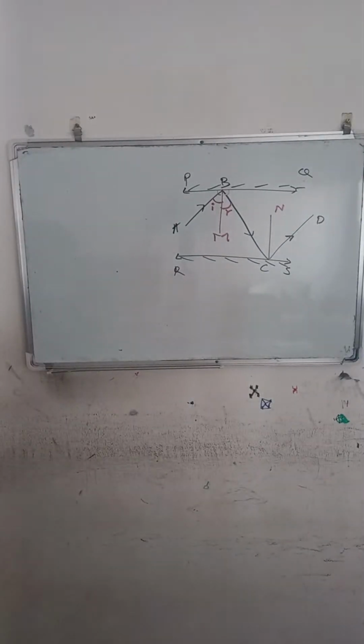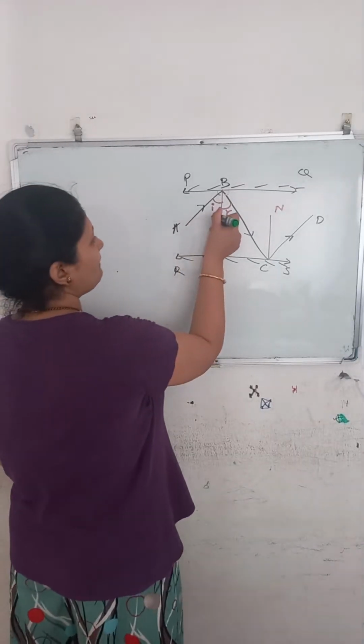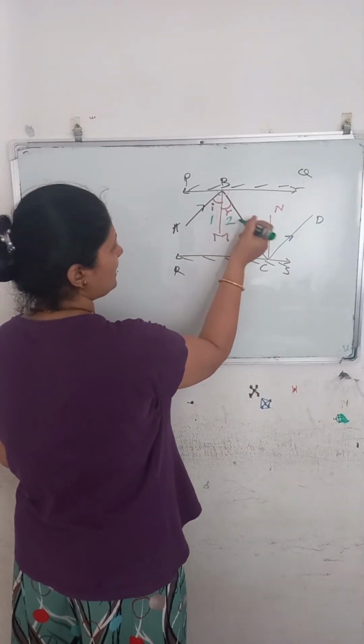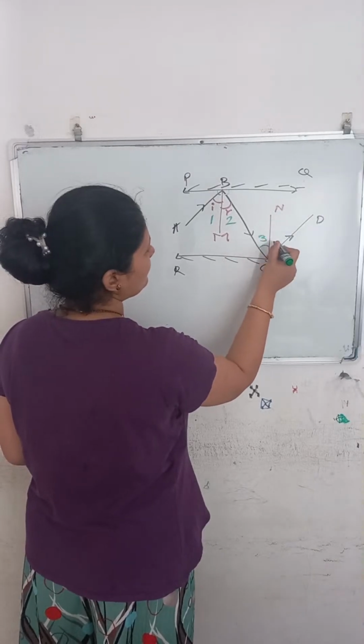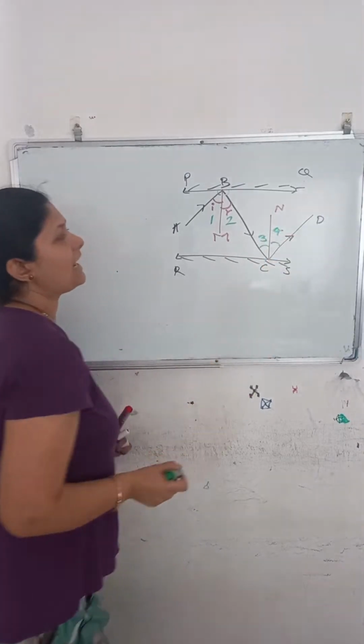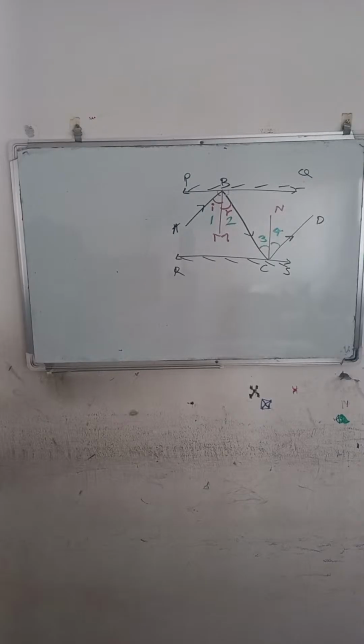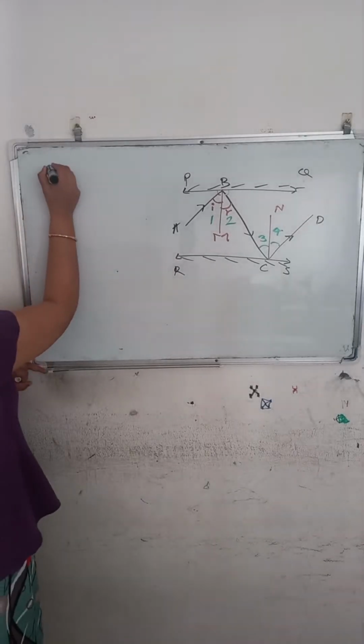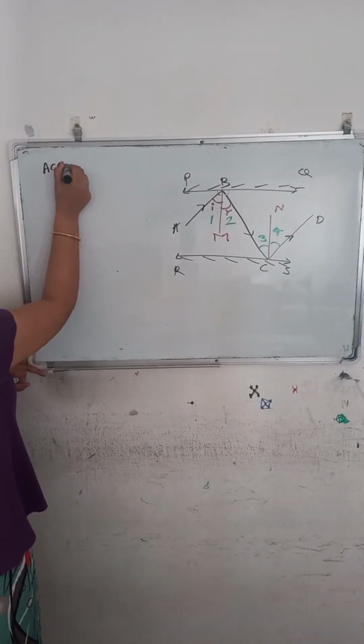So what I will do, instead of writing the angles i and r, I will write angle 1, this is angle 2, this is angle 3, and this I will write as angle 4. Okay, getting up to here. So now according to the laws of reflection we can say that, according to